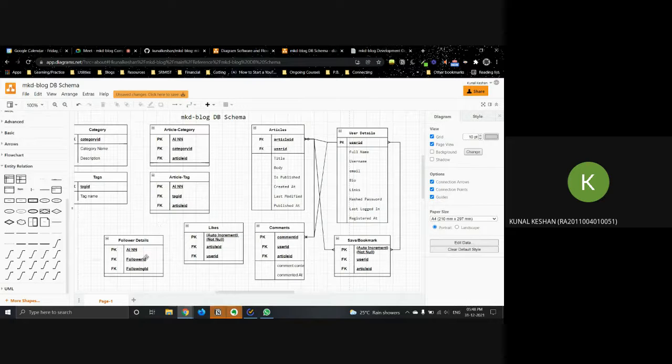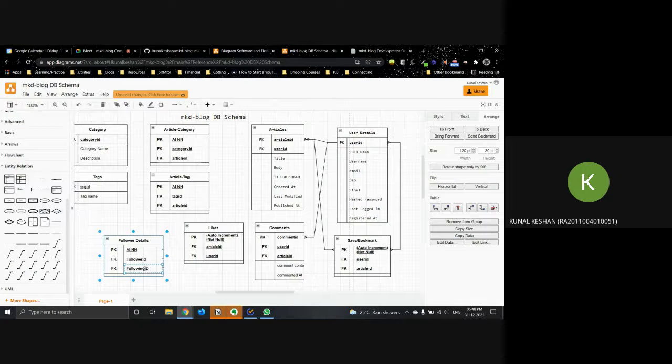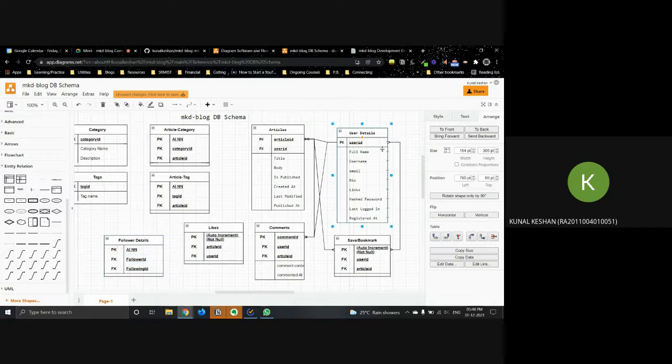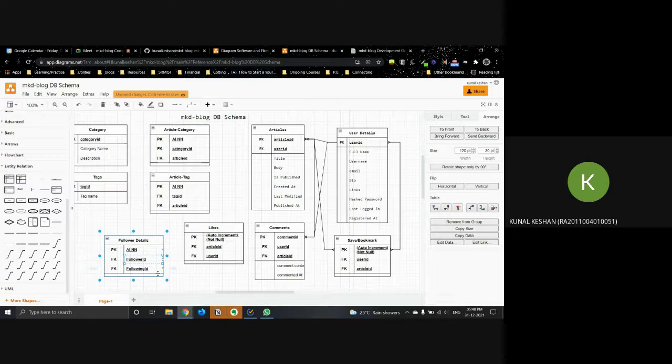Okay, so let's just look at it. So follower and following, as the name suggests: when I follow you, what am I doing here? I am following you, right? Suppose Mayuk is there. He has a user ID A and I have a user ID B. I am following him. So I will put a query to update the following ID as A, Mayuk's, because I am following him right now, and B as follower, that is me.